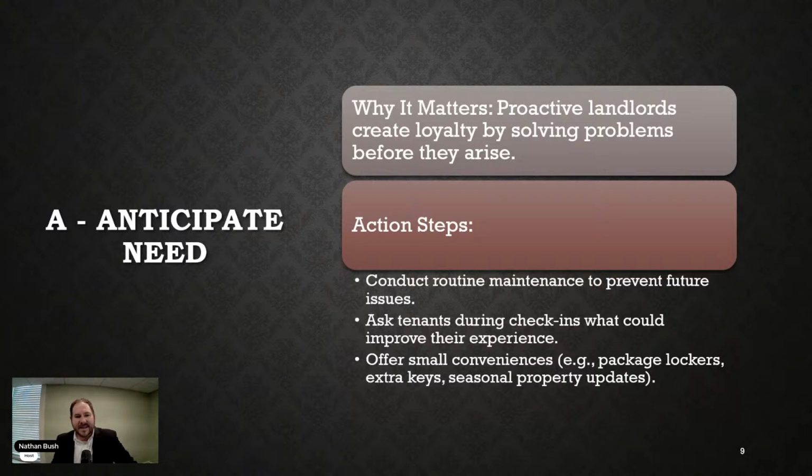So anticipating the needs that somebody has is the second way that we demonstrate that we care about them in the CARES model. So we communicate clearly and consistently, and we anticipate their needs. But if it was only anticipation and communication, and those were the only two things we needed to do, some landlords would be multi-billionaires without a lot of effort because they communicate and they do take care of their properties. But there's another issue that we run into, and it's this: